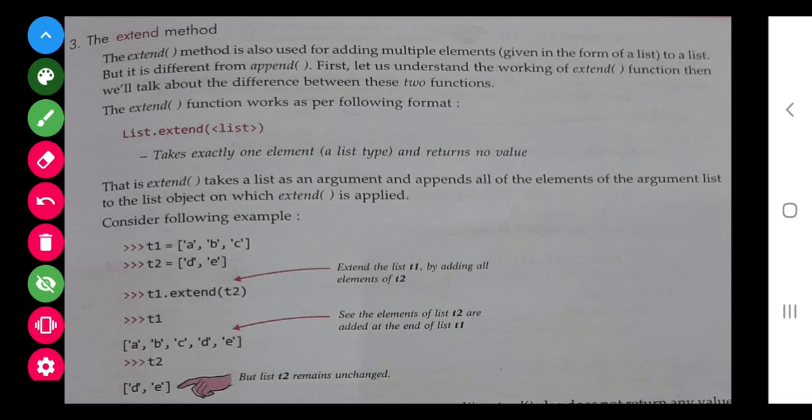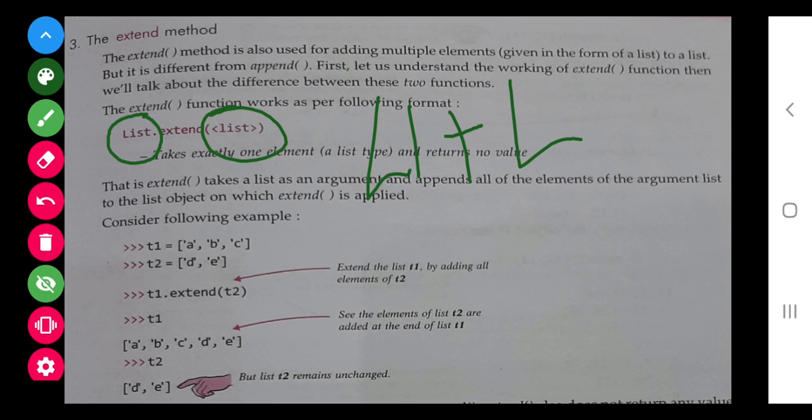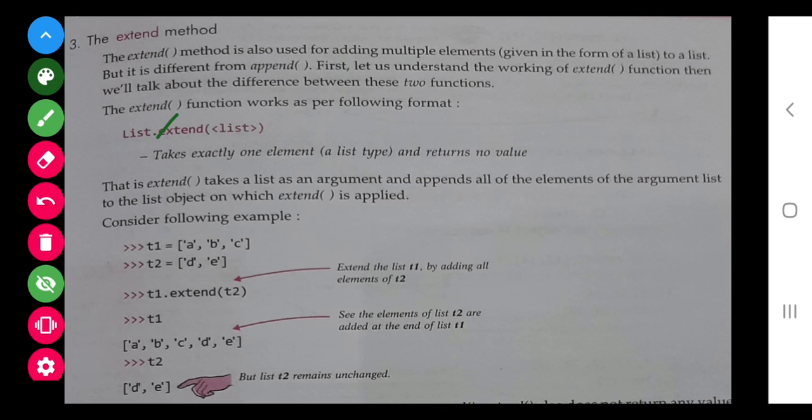Now next is extend. Extend means if you want to add two lists together. One method I have told you, list 1 plus list 2, and one more method is used, that is extend. So I am having one list T1 and T2.